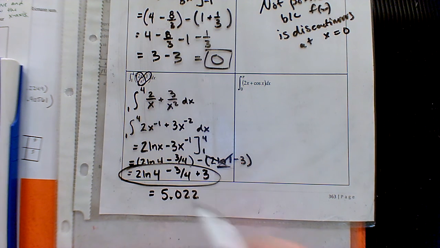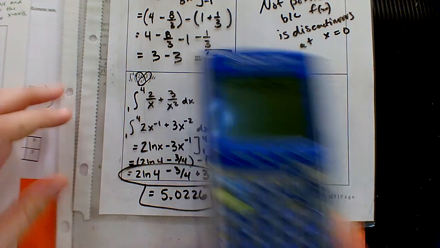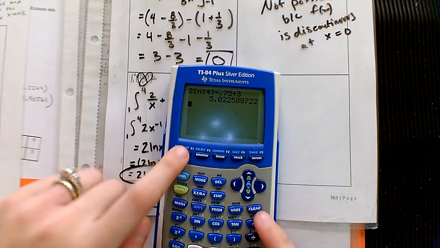5.022. Chop at 5 or round to 6. Up to you. Okay, then it'd be 5. Now, if you want to double check it,